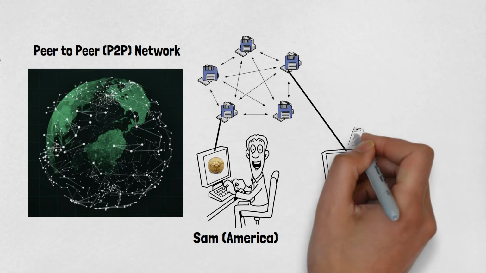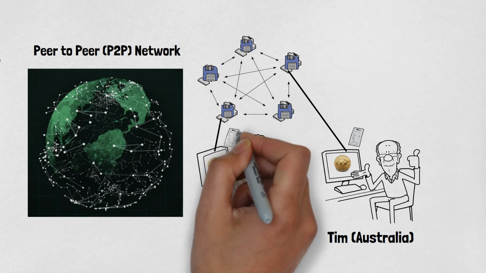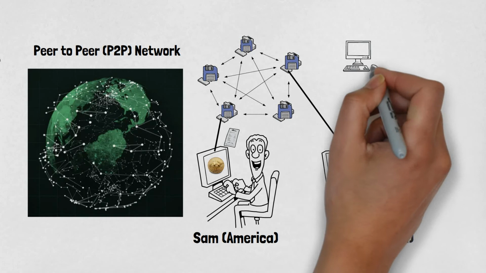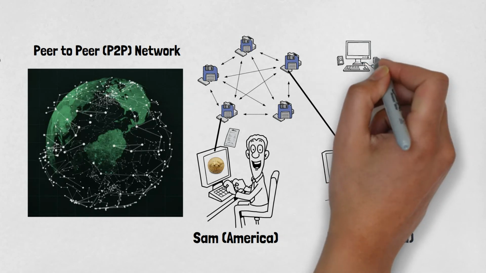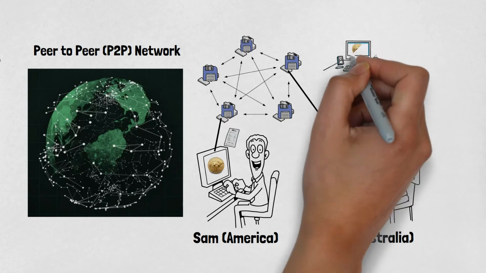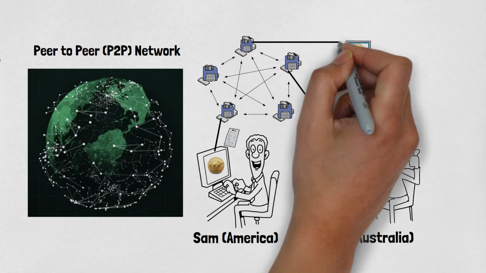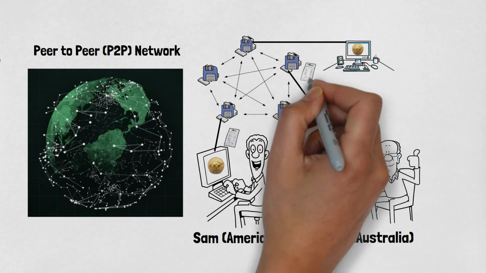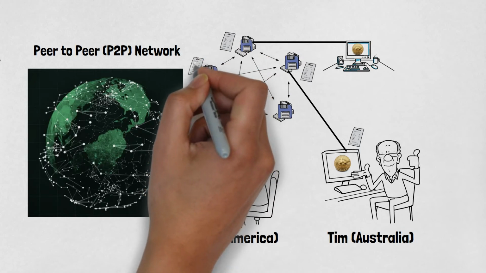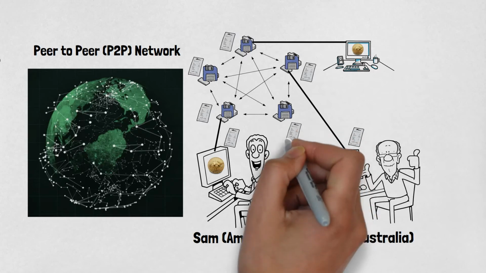The P2P architecture of blockchain allows all cryptocurrencies to be transferred worldwide without the need of any middleman or central server. With the distributed P2P network, anyone who wishes to participate in the process of verifying and validating blocks can set up a Bitcoin node in a similar way as Sam did in our previous example. In the Bitcoin blockchain, all the nodes are connected to each other and each node maintains a complete copy of the ledger and compares it to other devices to ensure that the data is accurate.